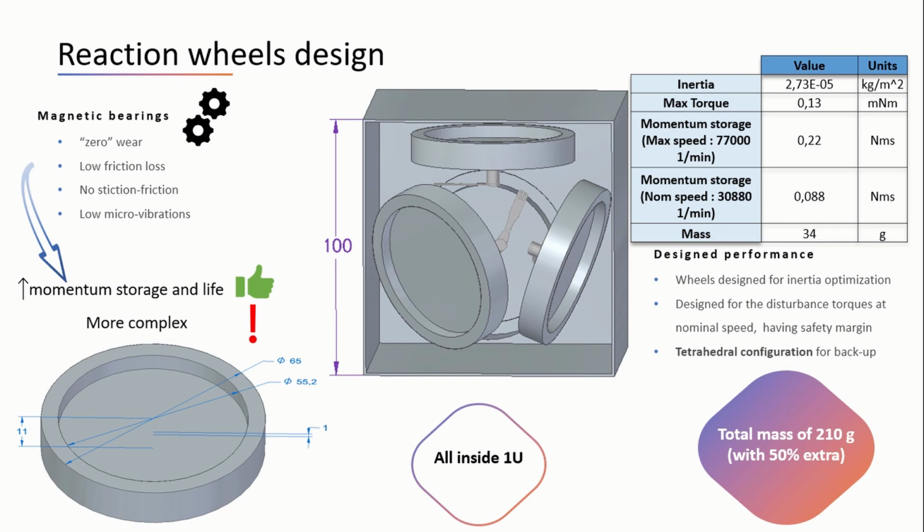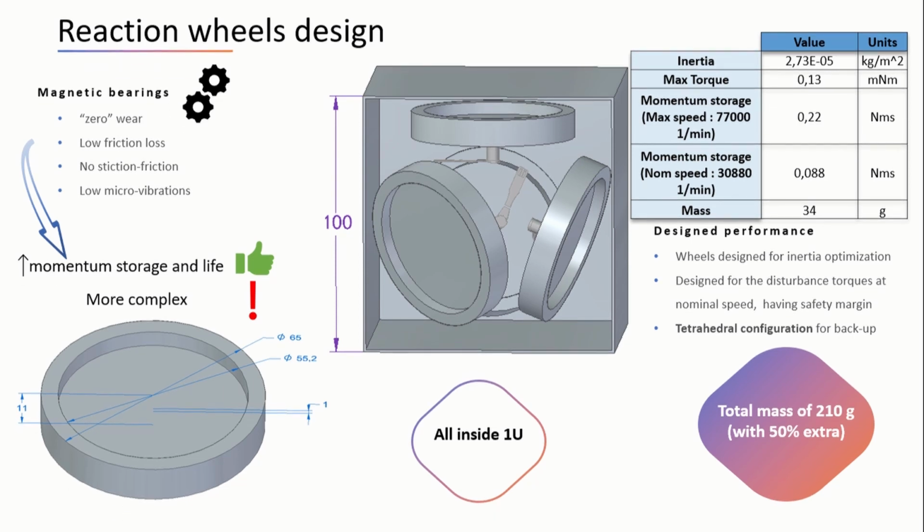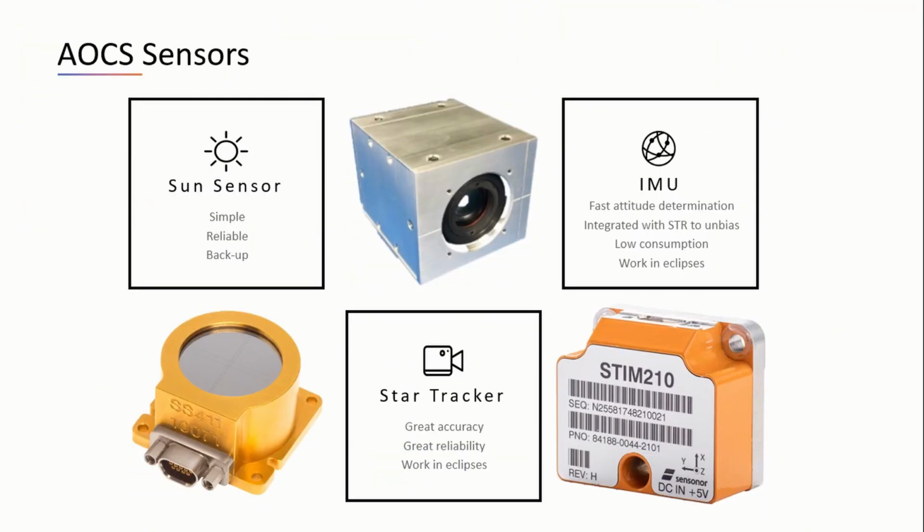Regarding the design, they have been designed for inertia optimization, moving the mass towards the outer rim, and a tetrahedral configuration has been proposed to allow for backup and a better maneuverability. All of this has been placed inside of one EU box with a total mass of 210 grams with a 50% extra. Regarding the OCS sensors, a sun sensor has been used, which is simple, reliable, and allows for backup,